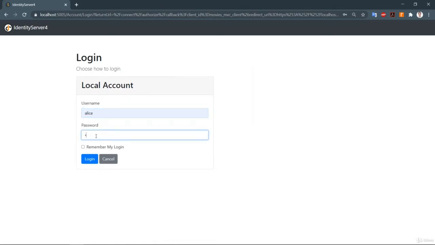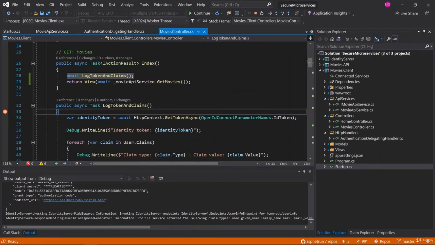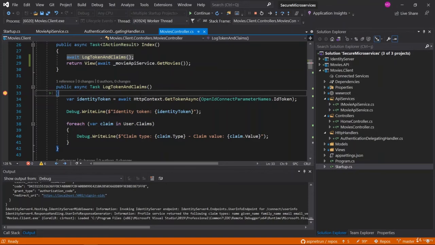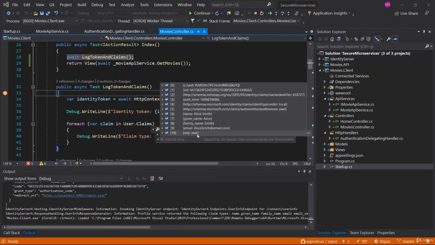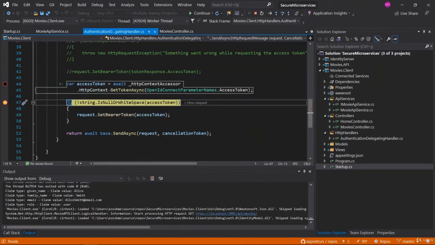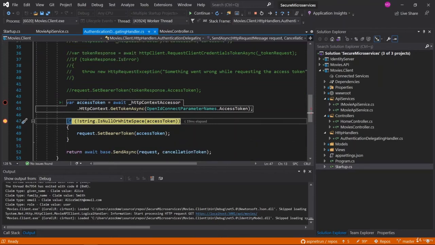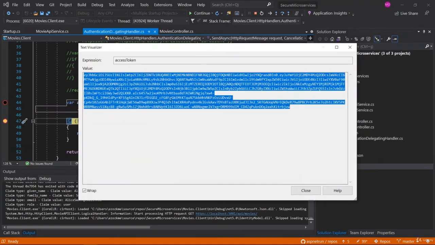I'm going to write Alice, A1, and once I hit login, it comes here to the login token method, and as you can see in the user claims, we now see the role information, right? Role as user. Okay, hit F5 and see the token information also. This is the delegating handler class, so we can access the token in here. Let me copy the token and inspect it.